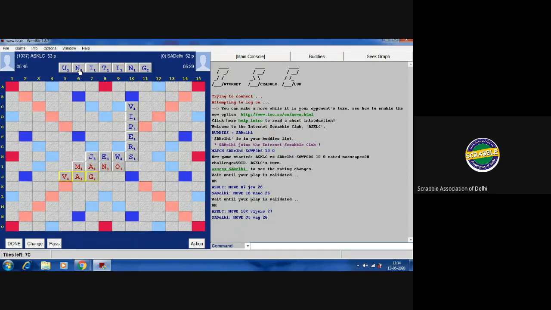Swati, over to you. Okay, now for me it's a challenge because I'm not able to place these 7 tiles on the board. I don't have any placement for that, but I cannot let it go like that. So I'm trying to pick up one alphabet from the board and make it an 8-letter word. Can anyone please tell me what that can be?